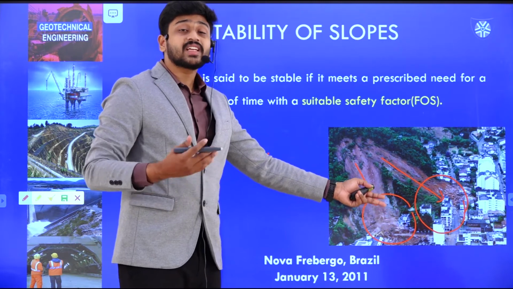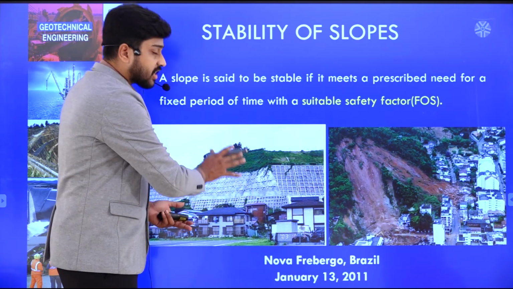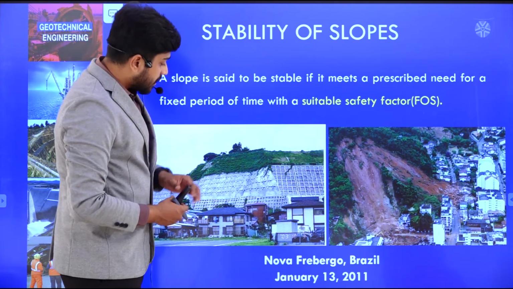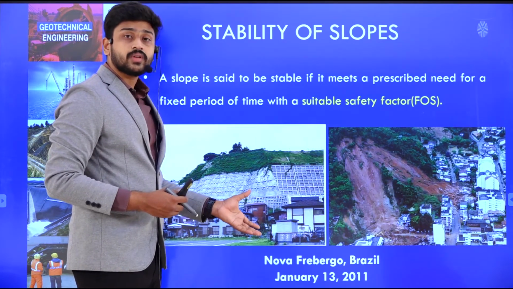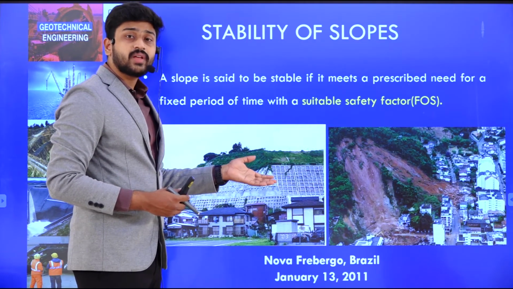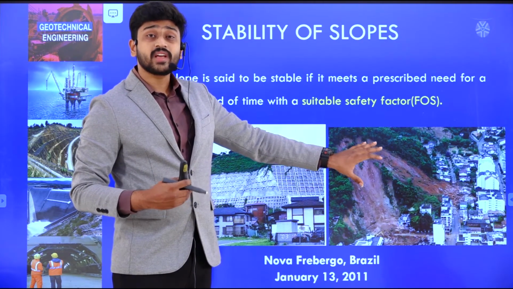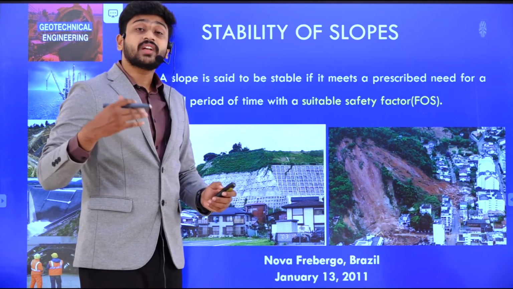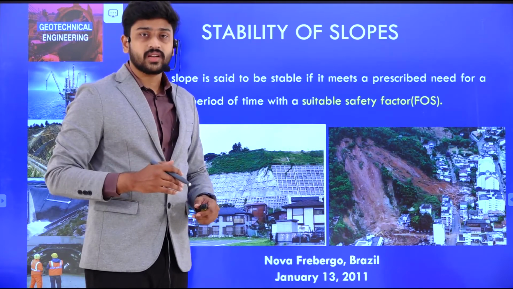To resist such things, let us say a sloping surface is constructed with some retaining structure. Because of this retaining structure, the localities present here are safe and sound. Even if there is a slope failure, it might be resisted. So as civil engineers, we need to understand that and make sure that whatever slope failures are happening must be resisted, and we need to determine at what level the slope will fail. Clear? So that is what we need to understand.